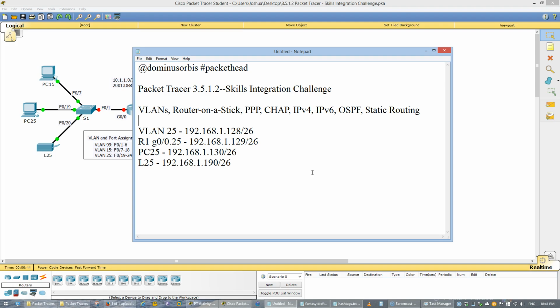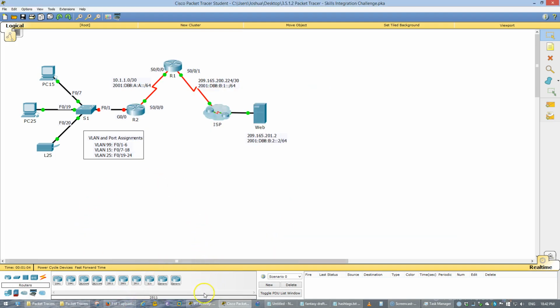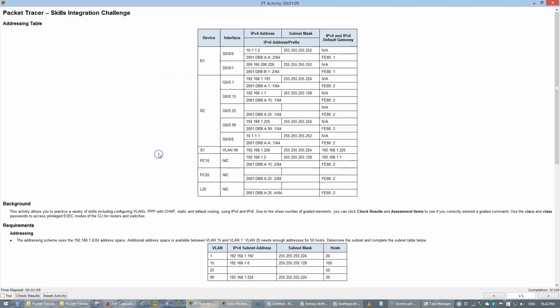3.5.1.2, the Skills Integration Challenge, which incorporates VLANs, router on a stick, point-to-point protocol, challenge handshake authentication protocol, IP version 4 and version 6, open shortest path first routing protocol, and static routing. So here's the topology. If we go ahead and look at the instructions,